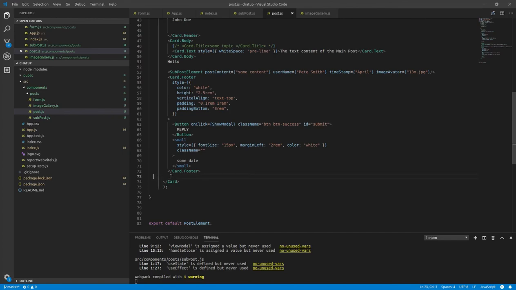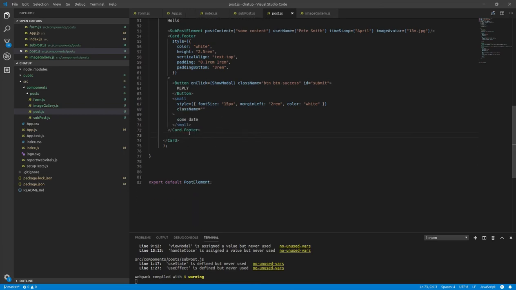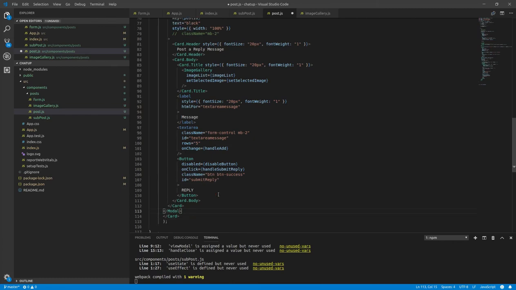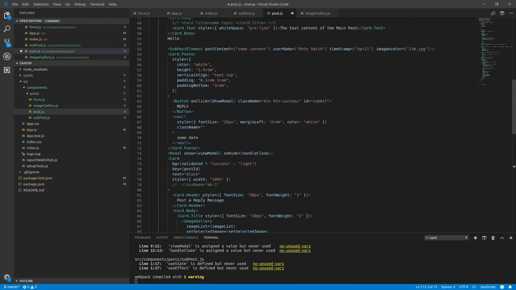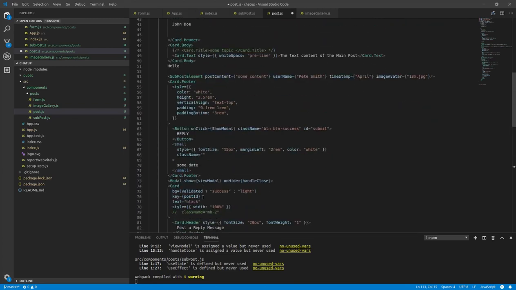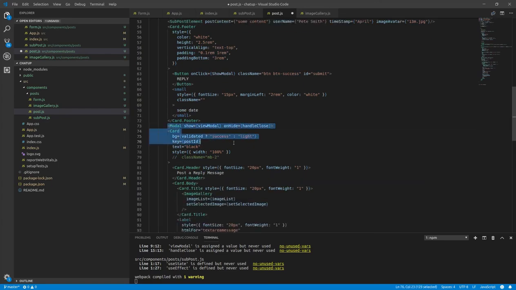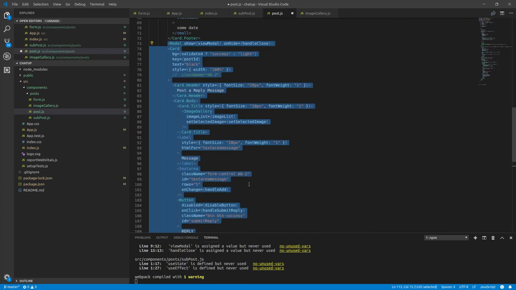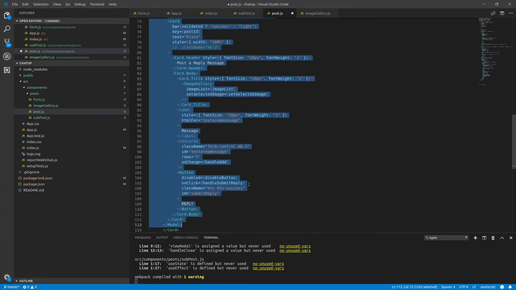The modal doesn't matter much where it's going to be located, because it's not part of, it's not aligned with the other elements. So I'm just going to put it inside the card at the end. So the modal is all this, and of course it has a card, just a card,